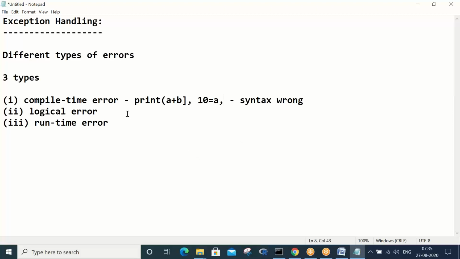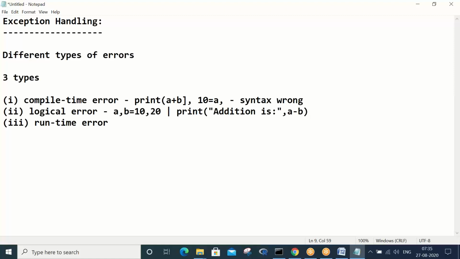Now what do you mean by logical error? Let's say in a program a equals to 10, a comma b is equals to 10 comma 20, right? I'm writing the next line here itself, try to understand. print of addition is a minus b.